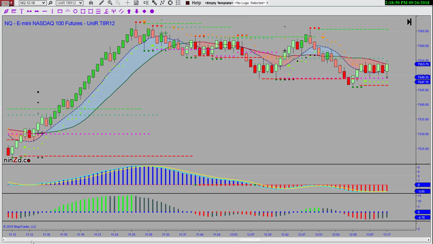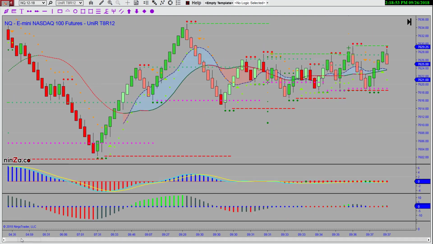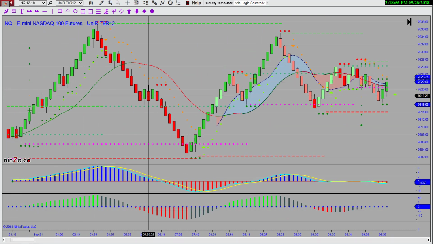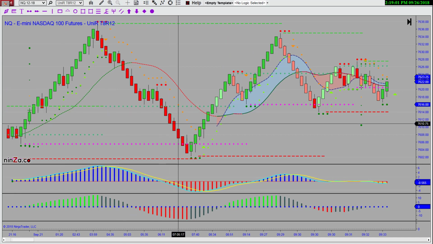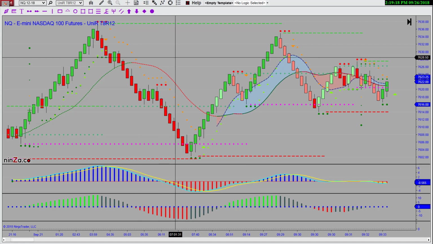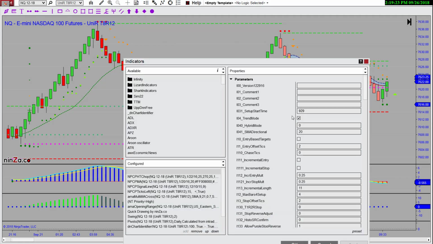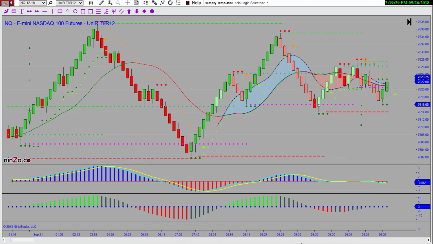Well, if I back off to an 8, we start seeing some slightly different patterns here. You'll get more signals maybe, and that's one thing that doesn't happen at night. Well, overnight, you get fewer signals. So the one way to generate more signals is to change your criteria. Let me change this criteria on the indicator real quick. Need to make that 0 so we get all of them show up.